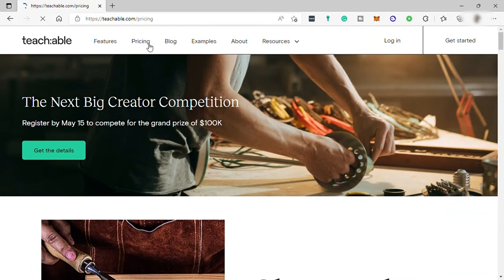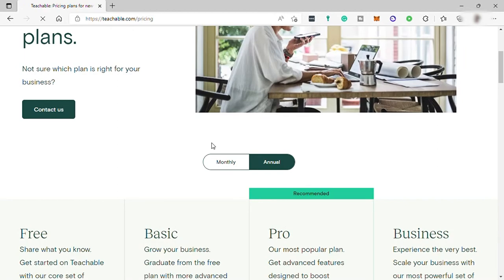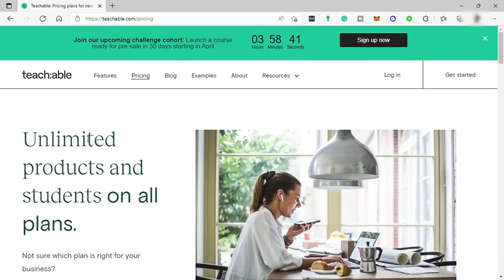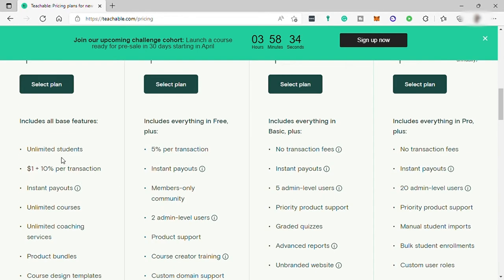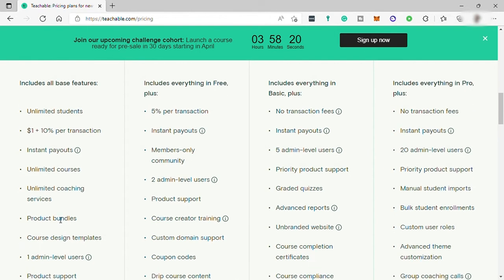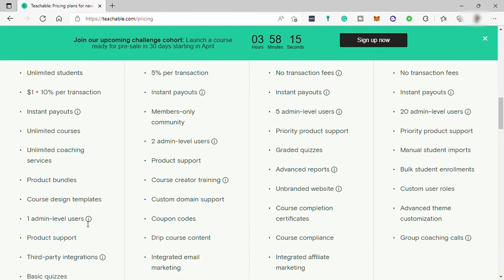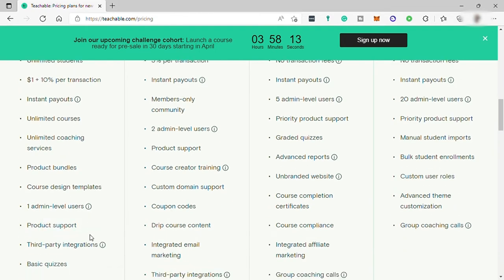So here they have four different plans that I can choose from, and it has unlimited products and students on all plans. The first plan is the free plan. It includes basic features such as unlimited students, $1 plus 10% per transaction. This is the service fee of this platform for being free. Instant payouts, unlimited courses, unlimited coaching services, product bundles, course design templates, one admin level user, product support, third party